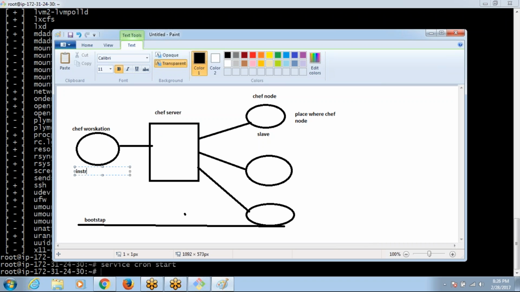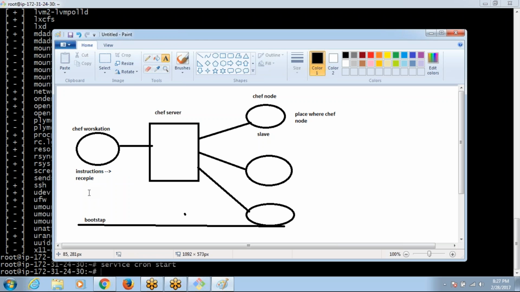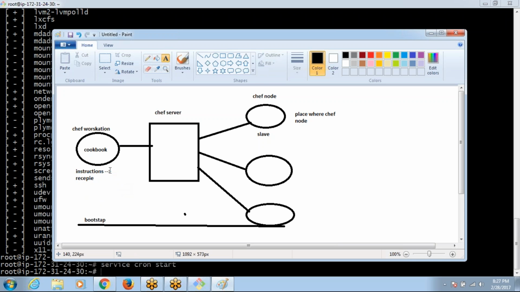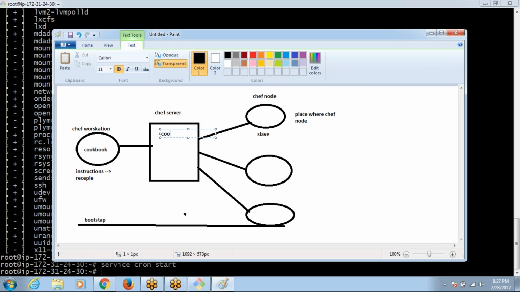The content is instructions, so I would be calling this instructions. These instructions are called a recipe. Recipe is nothing but the instruction. So this recipe instruction is collectively called a cookbook. So the chef workstation is going to have the things called cookbooks, and this cookbook is going to be stored in the